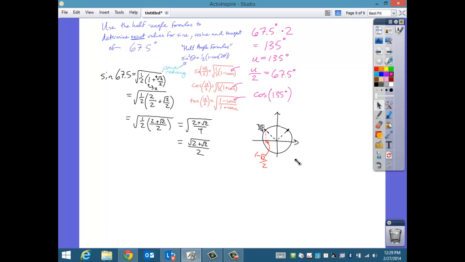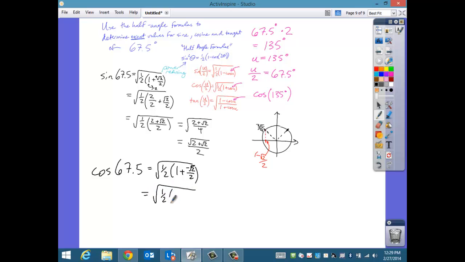So now let's do, board work's getting a little crowded here, but let's do cosine. Cosine of 67.5. It's going to be the same thing. You notice the formula is almost exactly the same, it's just the other operation. So that shouldn't be too hard now that we have this. So plus negative root 2 over 2 here. Okay, so for the same reason, I'm going to get 2 minus root 2 over 2. I'll get square root of 2 minus root 2 over 4, and so that's going to be